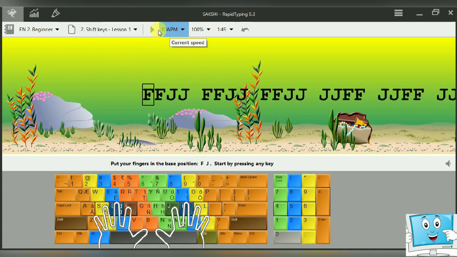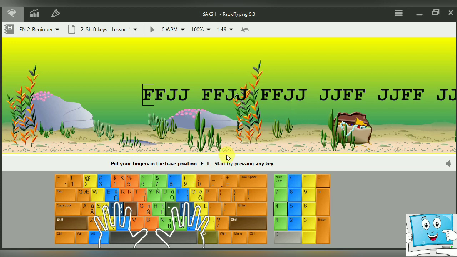So this is our course, this is our lesson, and this is our current speed of the lesson. This is the accuracy, and this is the arrow to start or pause the lesson. This shows us the current time, that is the remaining time in this lesson or the elapsed time, whatever option you have selected. And this is the arrow to restart the lesson. Now this area is known as the background, and this is the text panel area, which shows you whatever you have typed.